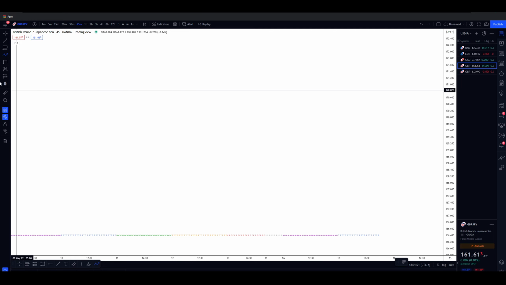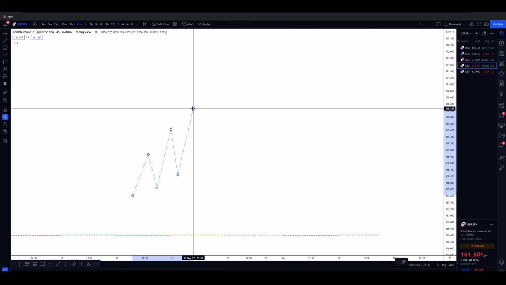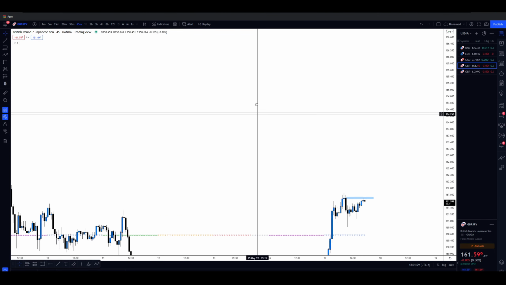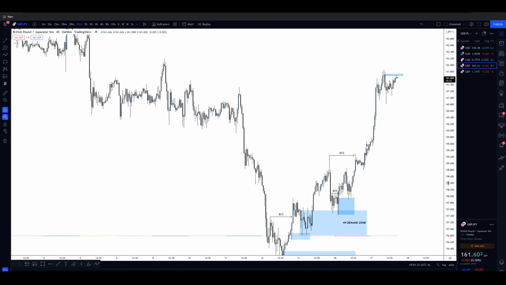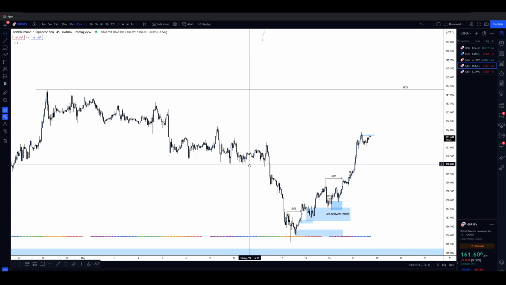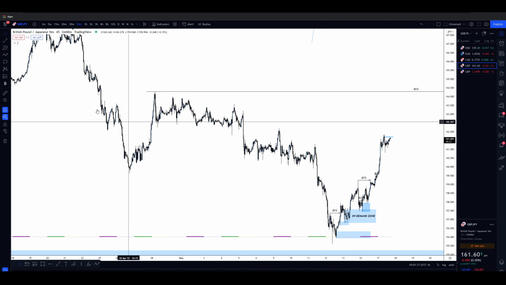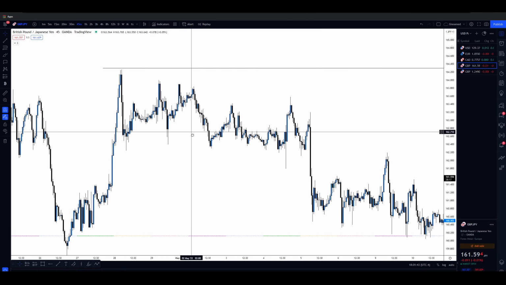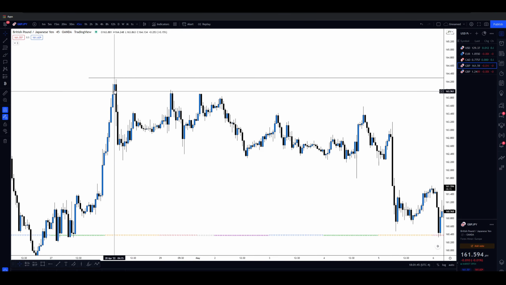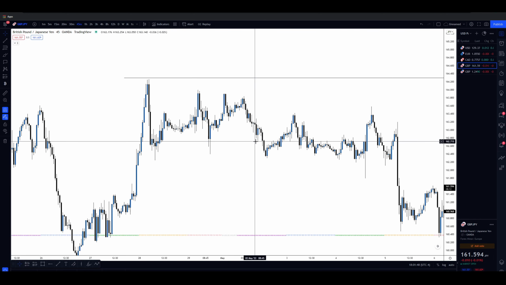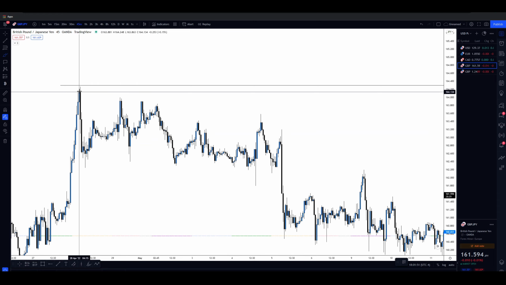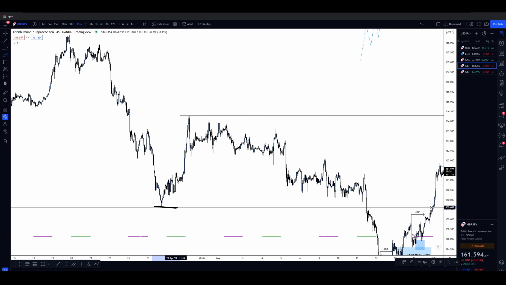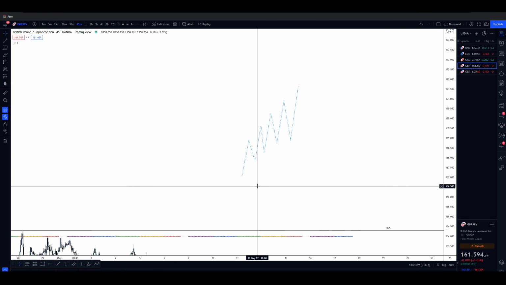So what is market structure? Market structure is basically the thing that we look at in Forex to get an idea of what's happening in the market. For example, if we look at all these candles and we don't know what market structure is, we're not going to have an idea of what's going on. But when we know what market structure is, we can actually understand every single move that's happening in the market. For example, right over here, when we see this impulsive move up and then this random move down and the market starts going down, does that mean structure is bearish? No, all it means is that for the time being, momentum is going to be bearish, but the market structure will remain bullish until we break past this low. So that's an idea of how market structure works.